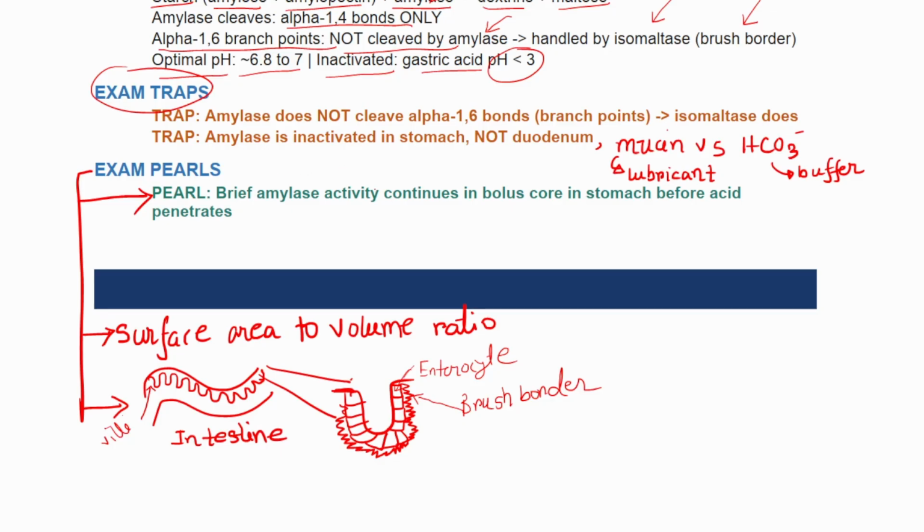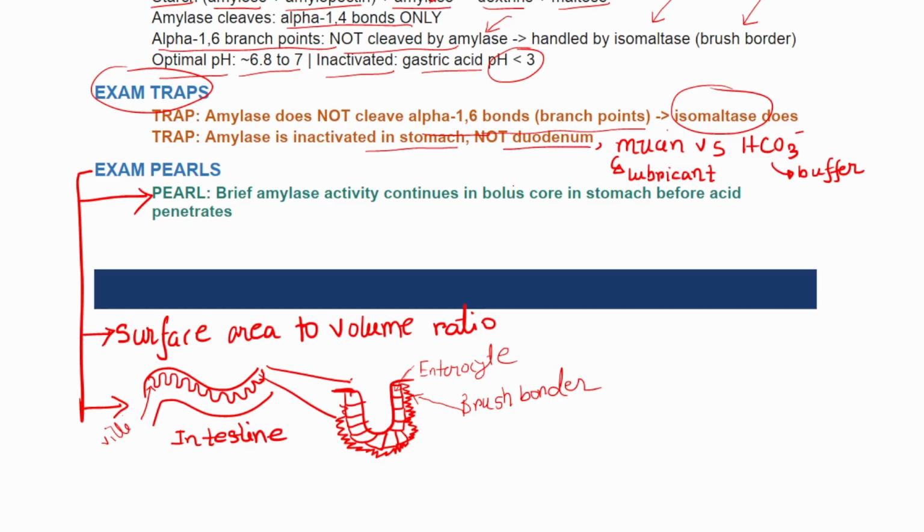You must remember the trap that amylase cleaves alpha-1,4 bonds only. It cannot break alpha-1,6 branch points, and those specific amylopectin branch points are left completely untouched until they encounter isomaltase in the intestinal brush border. Watch out for questions that claim amylase is inactivated in the duodenum due to pancreatic secretions. The slide explicitly marks the trap that amylase is inactivated early in the stomach due to low gastric pH, not